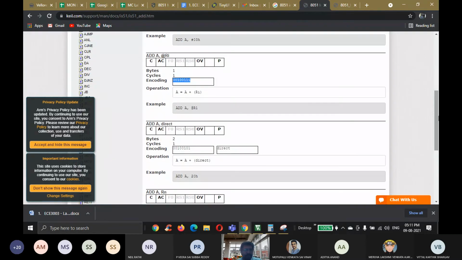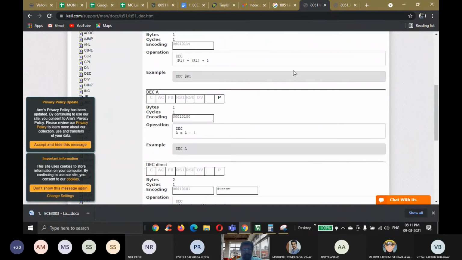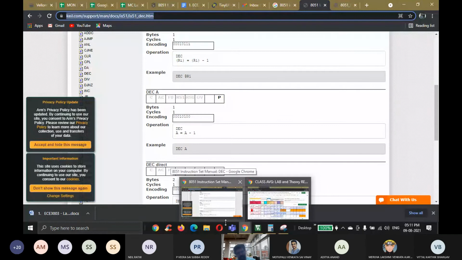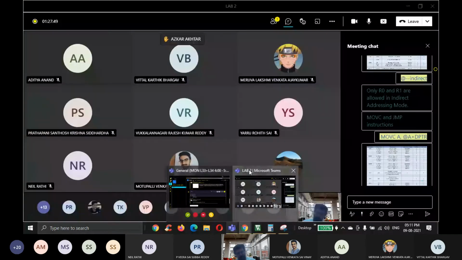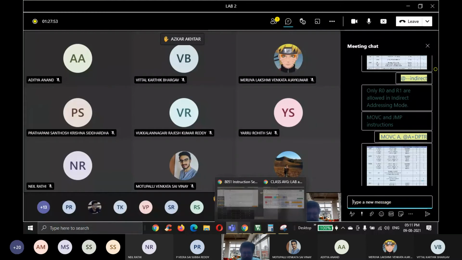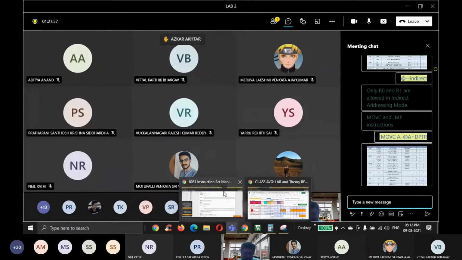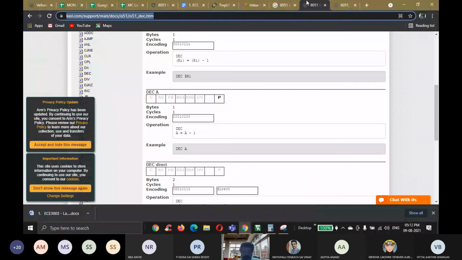Here the advantage is, if I want to see only one particular instruction, you can click that instruction and learn it. We'll share this link. You can use this for learning purposes. You can get the instruction set in your textbook also.